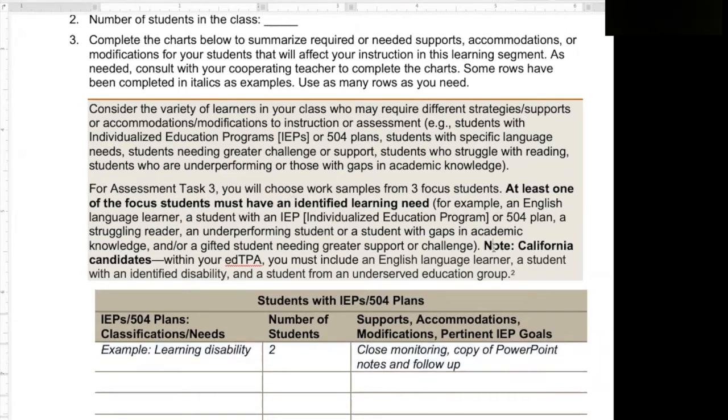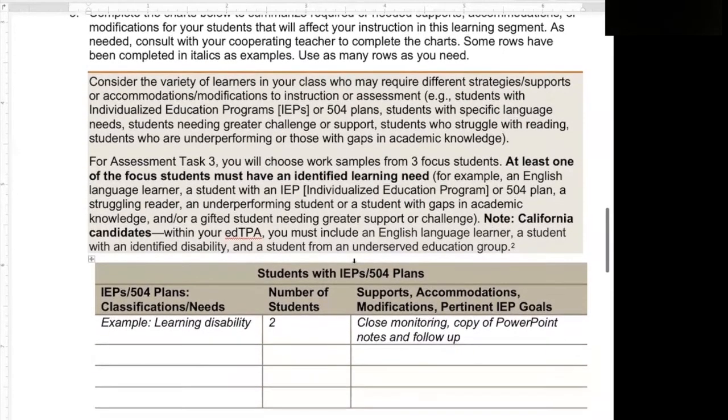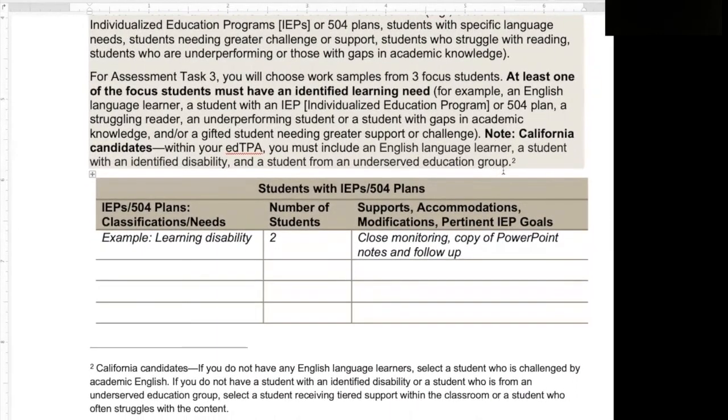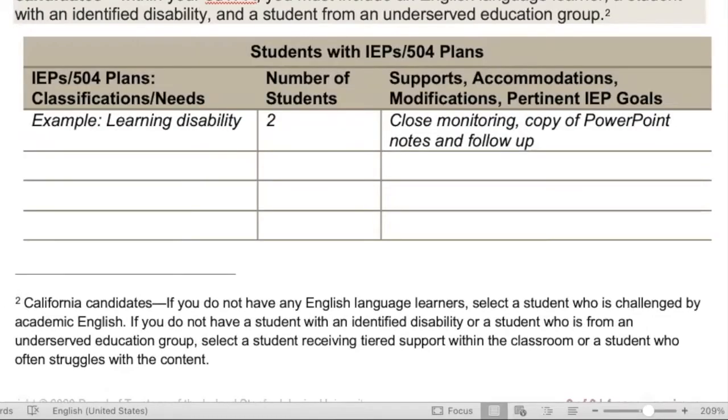But look at the note. For California candidates within your edTPA, you must include an English language learner, a student with an identified disability, and a student from an underserved education group. Now, number 2, read the little footnote there. California candidates. Now read this. If you do not have any English language learners, and I always get this question, select a student who is challenged by academic English.